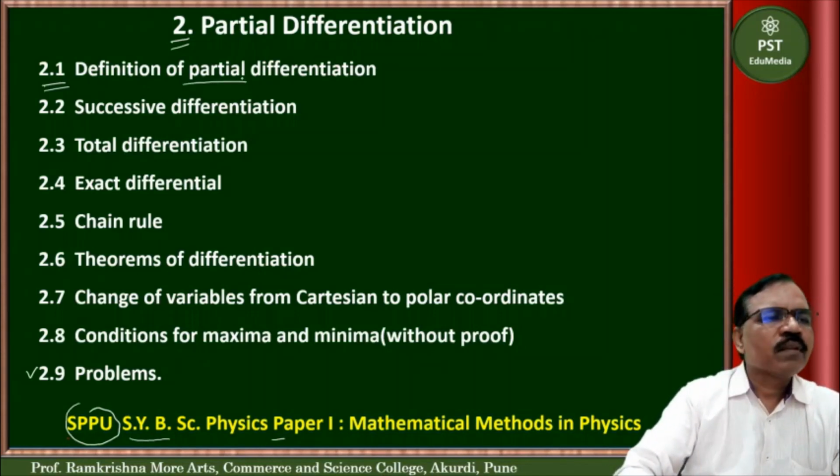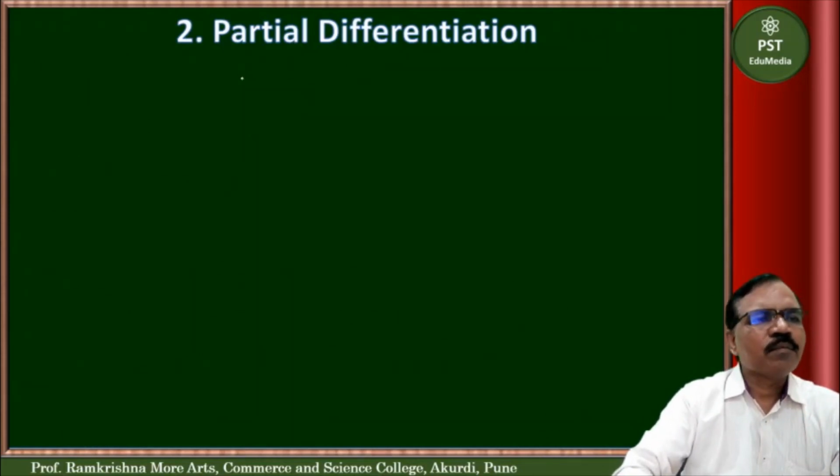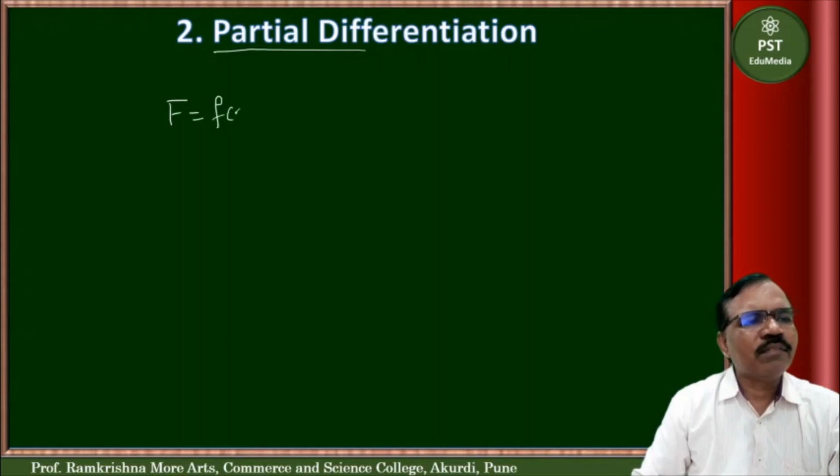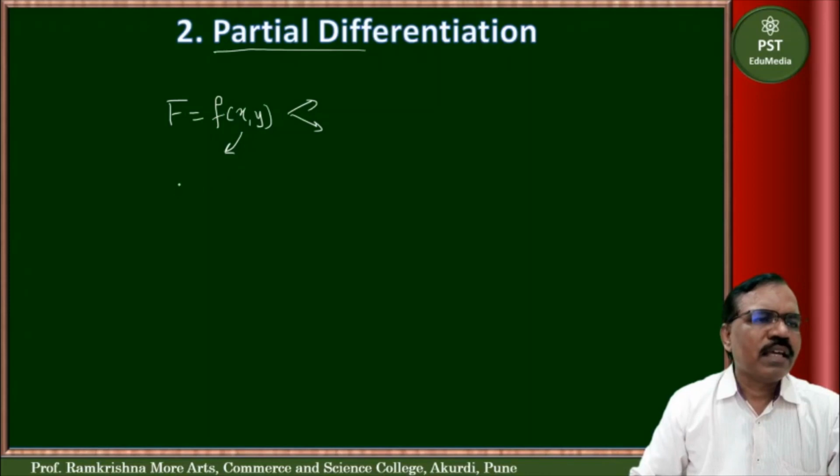So here, let us start with this. Partial differentiation. Why is it required? Now we know if we have a function of, suppose, two variables, then in this case change in f with respect to some one variable keeping other constant is called partial differentiation. In physics, partial differentiation is important because a number of physical quantities, such as, suppose we take the example of